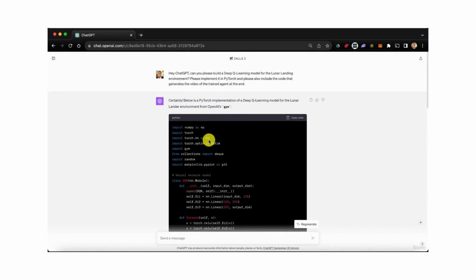Now, I just want to say two things. First, huge congratulations again for having implemented your first advanced AI of this course, the Deep Q-Learning model for the lunar landing environment. You did some great first work there. And now the second thing I want to say is that I really look forward to seeing you in the second part of this course to implement an even more advanced AI model, which is the deep convolutional Q-Learning model,